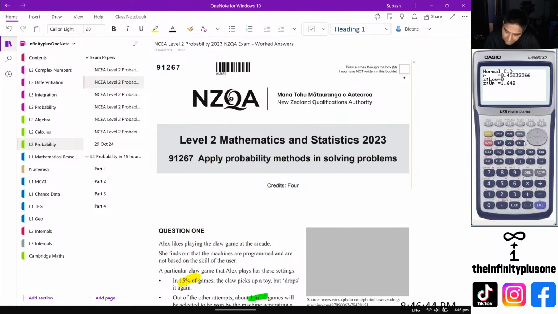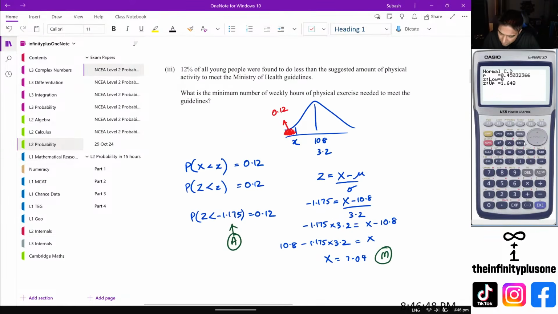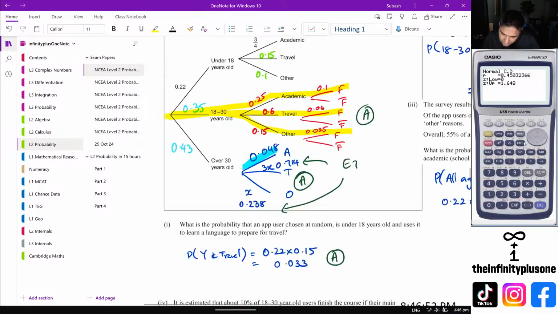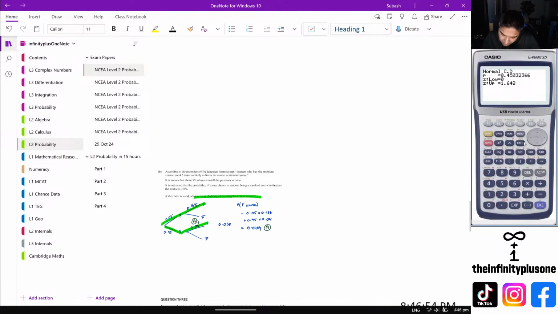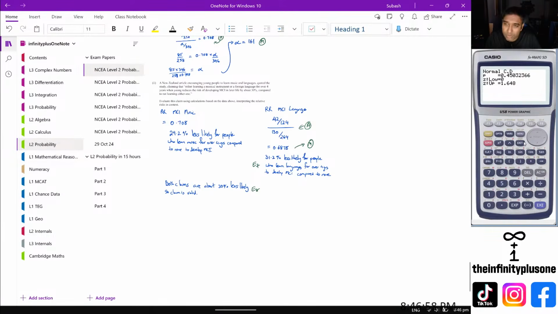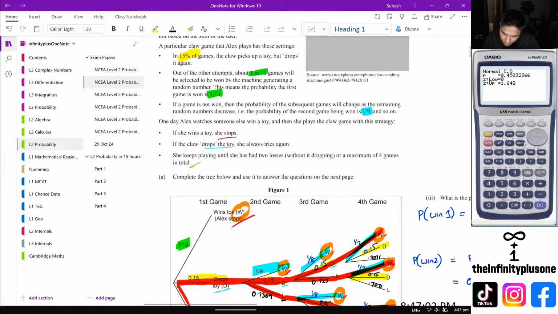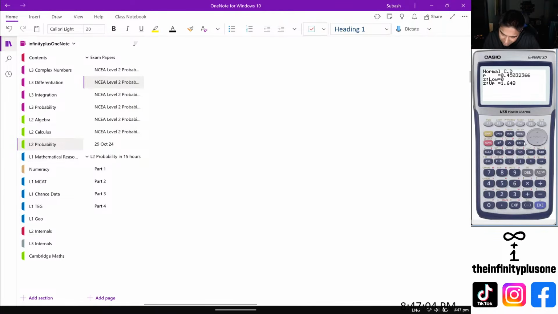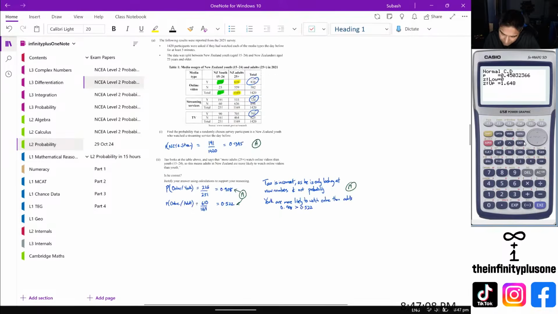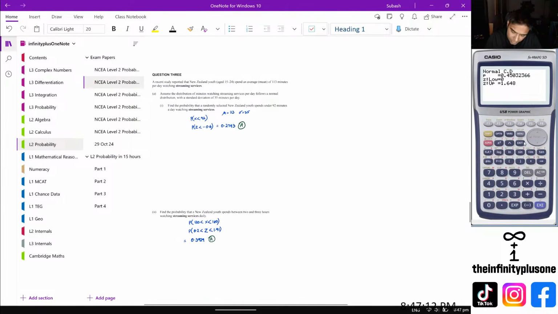So actually, let's go back and have a look. That's when they have to find X, and I'll show you that later. Probability tree, two-way tables, and then they do normal distribution. Ugly probability tree. Just want to find a normal distribution. Yeah, here we go. Another